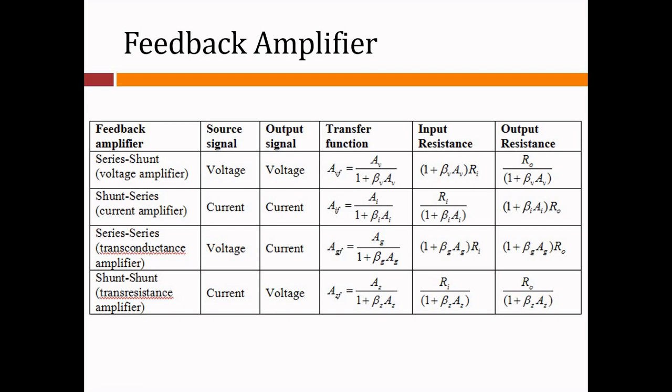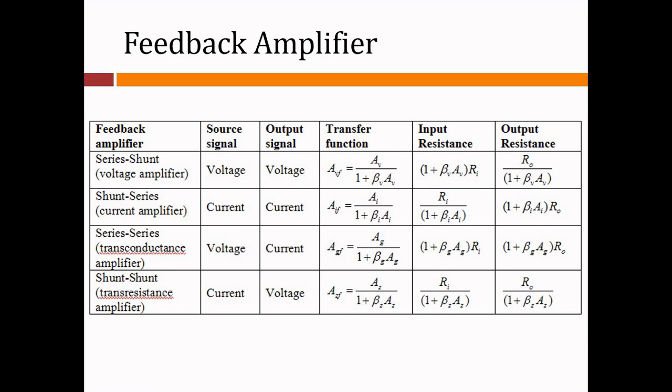When the feedback voltage, or current, is applied so as to weaken the input signal, that is when the feedback is in phase opposition to the input signal, it is called negative, inverse or degenerative feedback. This negative feedback reduces the amplifier gain, but it has numerous advantages such as improved gain stability, reduction in nonlinear distortion, reduction in noise, and increase in the bandwidth or improvement in frequency response. Apart from this, it also increases the input impedance and decreases the output impedance depending upon the topology. It is frequently used in amplifier circuits.